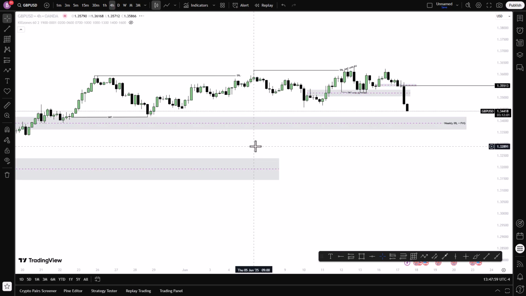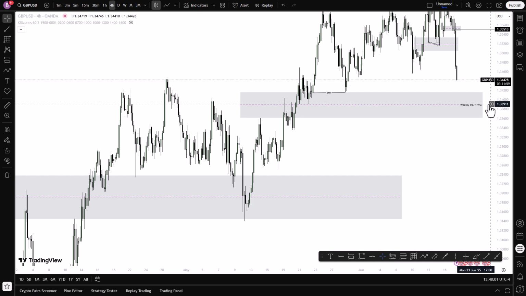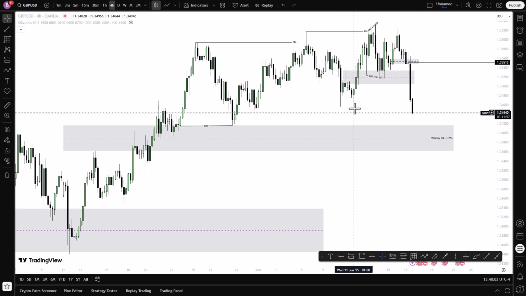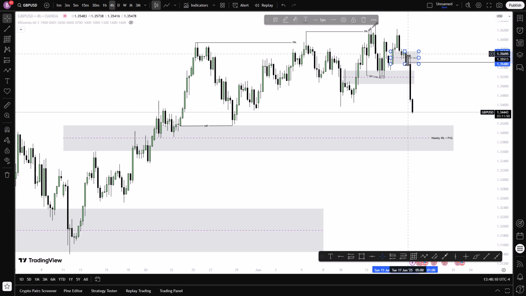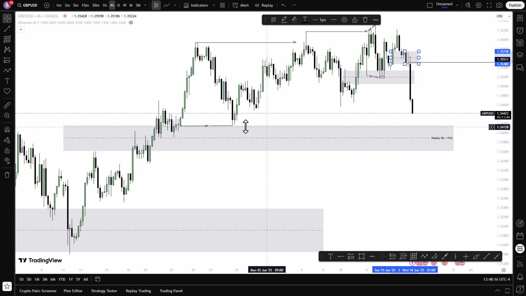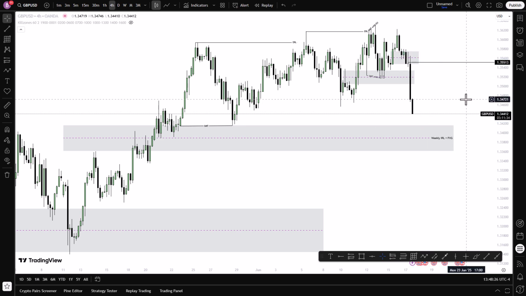And on the 4 hour time frame, what do we have? We have the same thing. This fair value gap has been violated, and also this breaker block on the 1 hour has been violated. So I want to see price coming into this low, taking out this low, but I want to see price going bullish small, and then bearish. So I want to see lower prices tomorrow also on the GBPUSD.